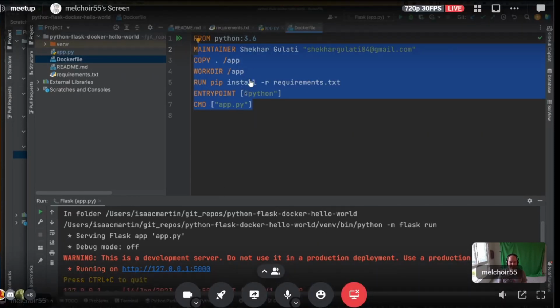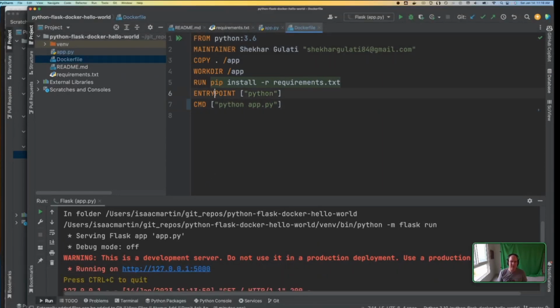So you were saying that it should be entry point and then CMD on the same line, or should CMD have come first? Probably it should just be something like this. That's probably what it should be, or alternatively, that. But I don't want to mess with it because I think this thing works, and since we're in the middle of explaining this stuff, I don't want to break it and then have to debug it. I'm pretty sure that if I remove entry point and just put Python in front of this, it'll just work. But